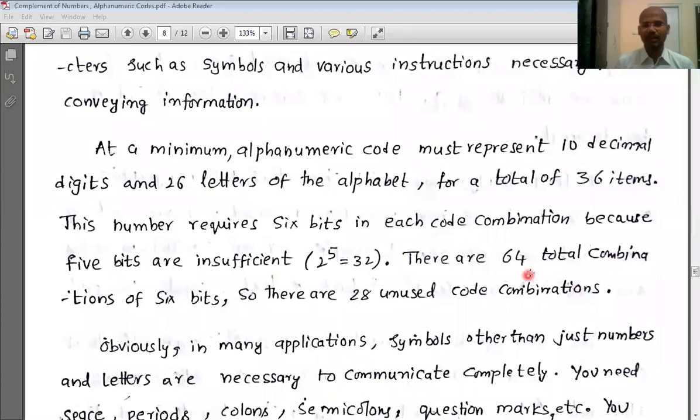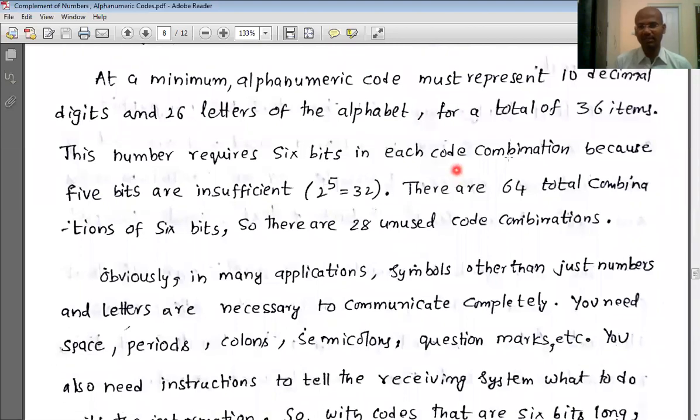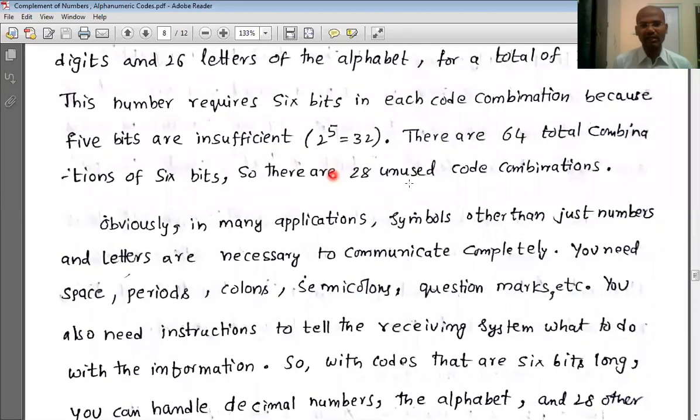If you use 6 bits for alphanumeric codes, you will get 64 total combinations, out of which we need only 36. So these 28 combinations become unused, and that is not the case. We use these 28 unused combinations for other purposes. You may include lowercase here if you have included uppercase already in the 36 items. So in that 28, what we do is,